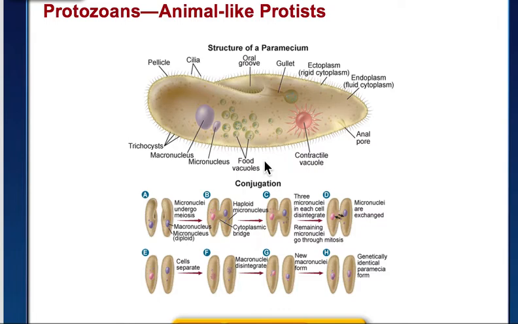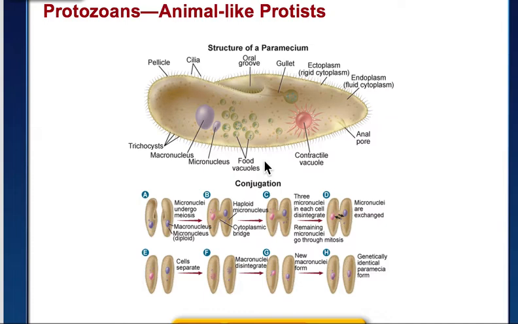Then the red there, you can see the red is the contractile vacuole. And when they draw it or when they picture it, they always have those little parts radiating out from it. And that's just to signify that there's water being expelled. So the paramecium could have more than one contractile vacuole, so there may be more, but it's for the expulsion